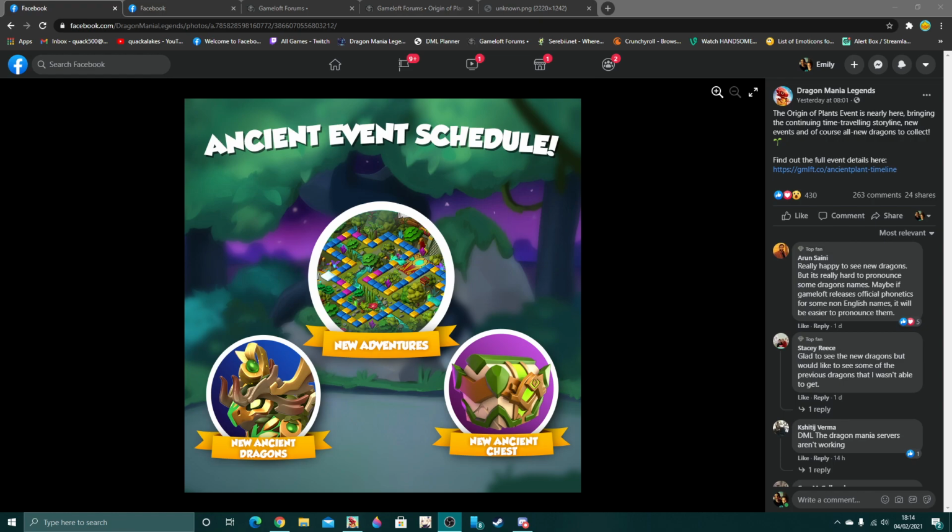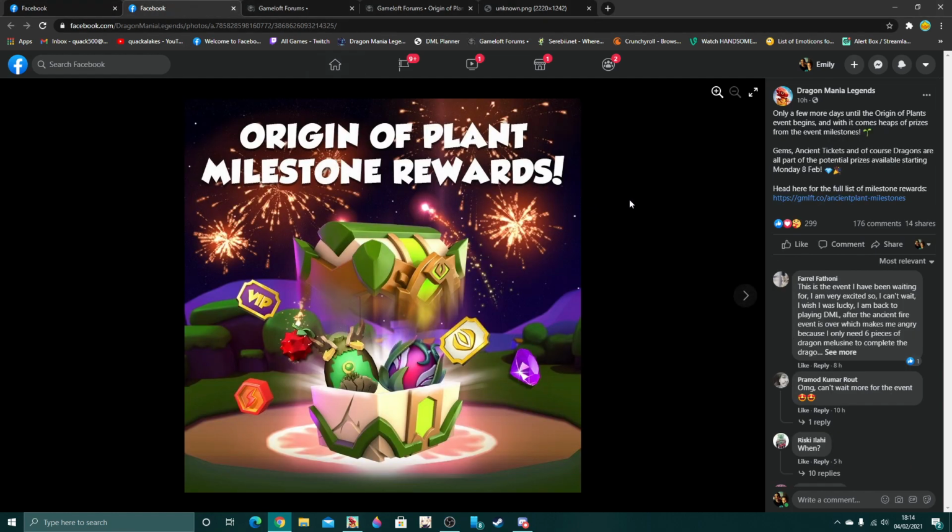So just in case any of you haven't seen this yet, the new Ancient event schedule has been released. And along with this, today we've also gotten the Origin of Plan Milestone rewards as part of that special Shrine Pass thing, which is basically the DM Pass, but in the Ancient event, so we basically got two of them. Anyway, I'll be going through all of these, because one thing that has been pointed out to me in particular